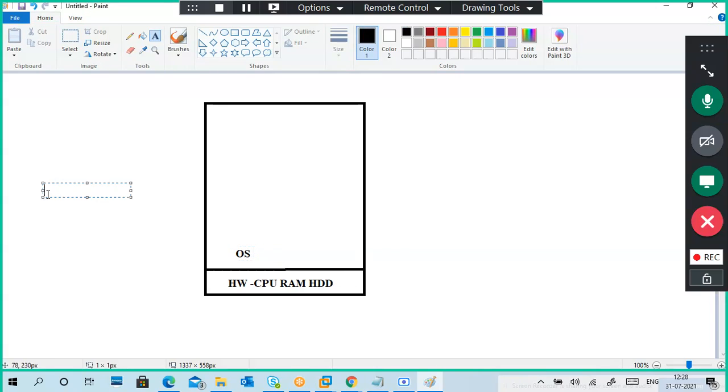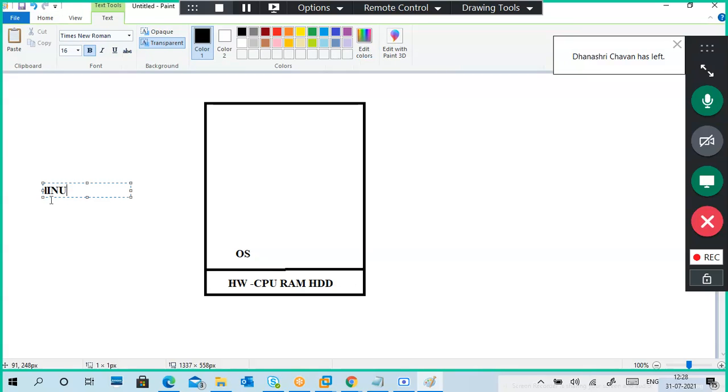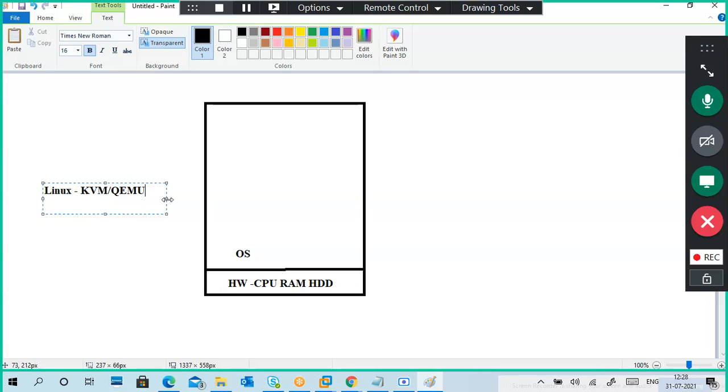For example, if you have a Linux-based operating system, your hypervisor is KVM/QEMU. So you don't require any other virtualization platform. You just have to install this platform. Then obviously Docker utilizes this platform.